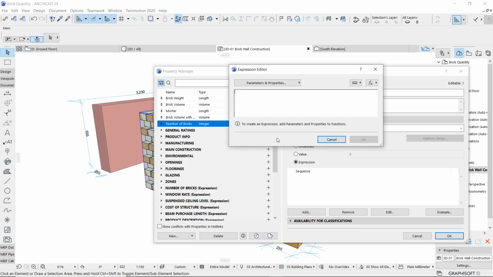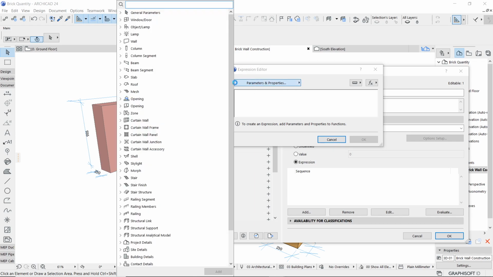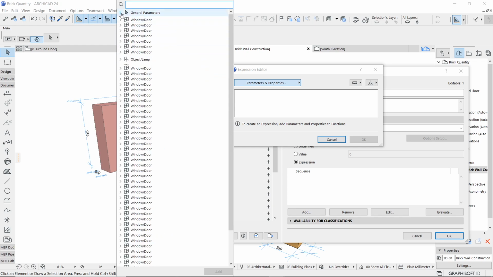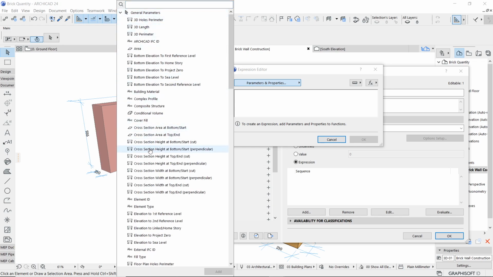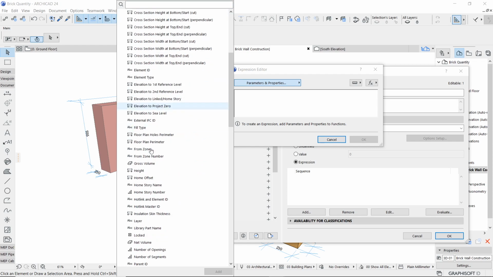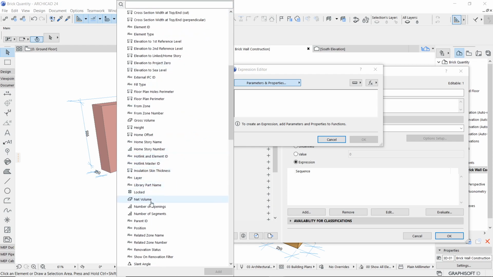Again, it's a very simple thing. This time I'm going to select the parameter, that is, from the general parameters, the net volume, which we have seen last time. The net volume is exactly the remaining volume after deducting any particular punctures or such kind of things from the actual volume.